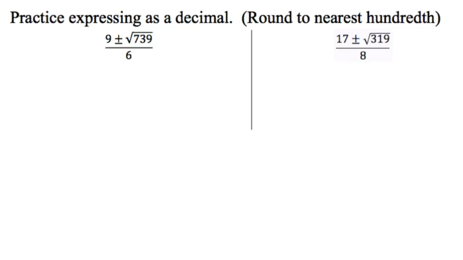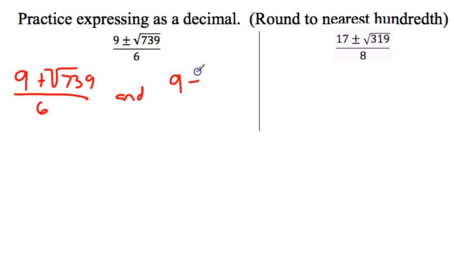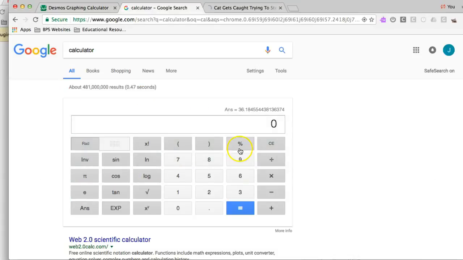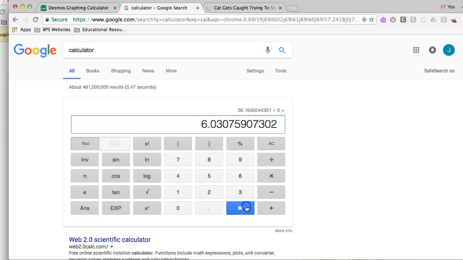All right, here we go. First one, I'm going to do 9. This is two things, right? So 9 plus the square root of 739 divided by 6, and 9 minus the square root of 739 divided by 6. Okay, so let's get the calculator out. We have 9 plus the square root of 739. I hit equals, divided by 6. And that equals